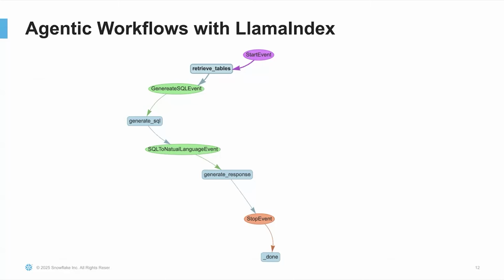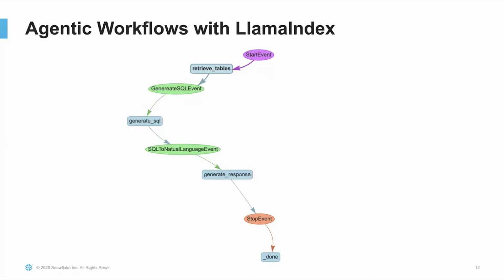When we have a start event, the first thing we will do is retrieve tables, the most relevant tables. When we have those tables, then we will emit an event called generate SQL. Generate SQL event will trigger generate SQL, which will mean that we now have a SQL query. And finally, and this is the one that we haven't really discussed, we will emit an event called SQL to